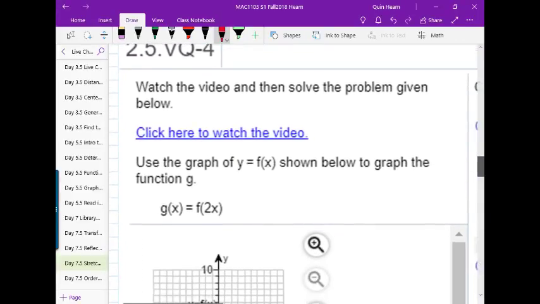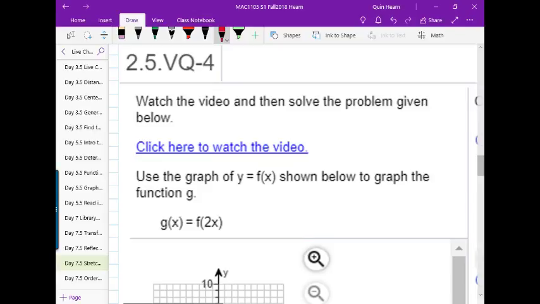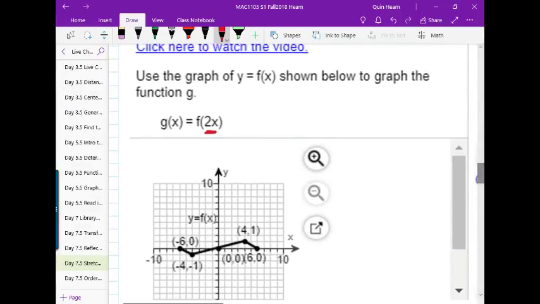All right. Now let's see what happens when the change occurs inside the parentheses, inside the function. So here is an example where we have g of x equals f of 2x. They're giving us the graph of f of x, not the equation of it. Okay, but what this is saying is that the y value that you get for g when you plug in x is going to be the same y value that you would have gotten if you plugged in double x to f. So you kind of have to work backwards and think, okay, so I'm going to have to half